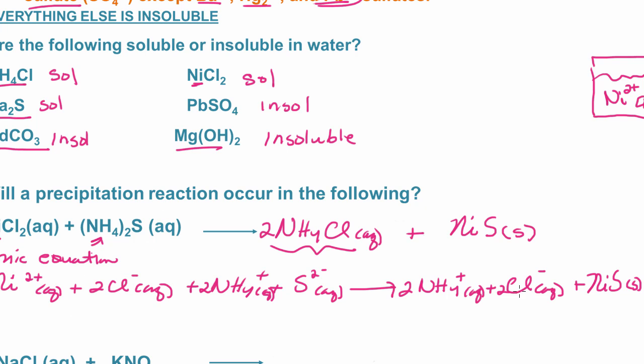And look what happens. Notice my 2 chloride ions and my 2 ammonium ions on both sides cancel out. And what I can do is write my net ionic equation. What do I have left? I have nickel 2+ ion